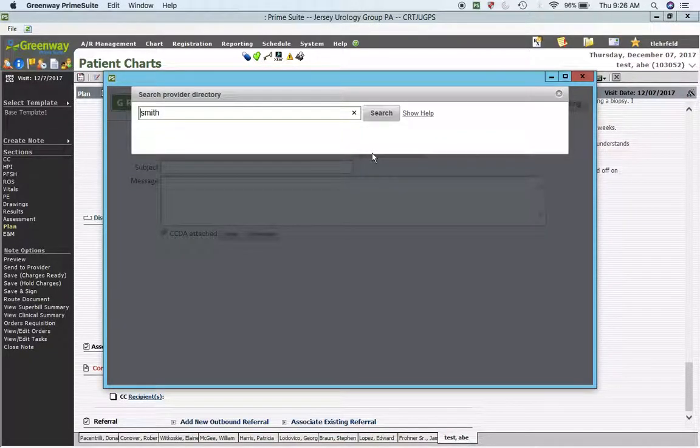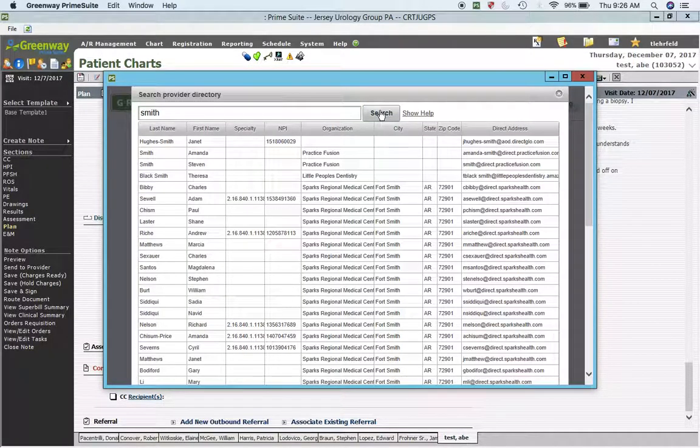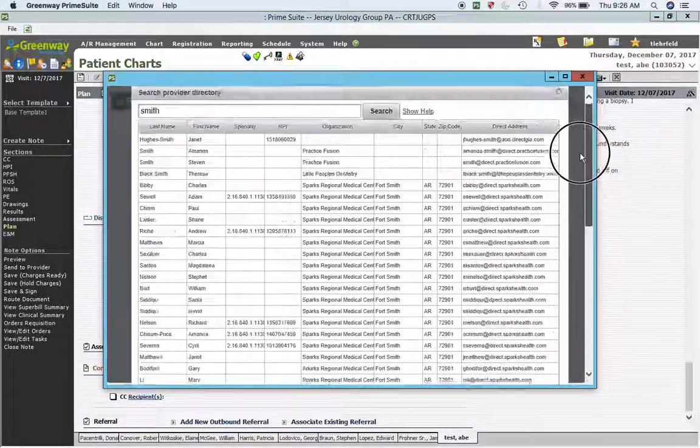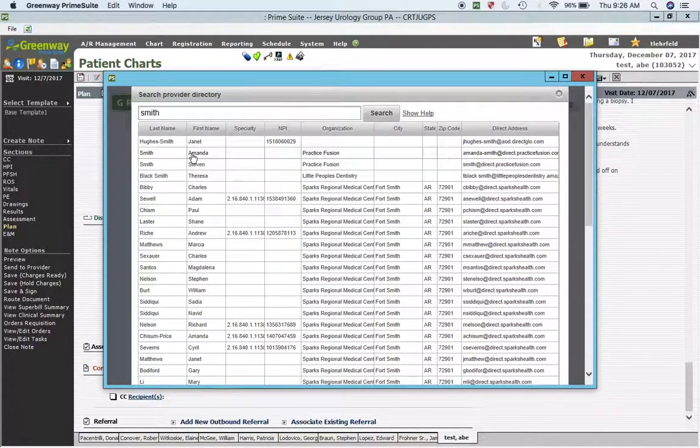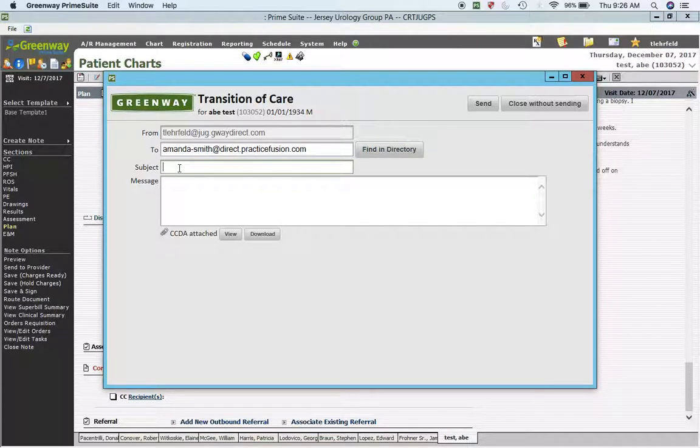And I think you're going to want to click on find in directory. And all the CAPE docs are here. In addition, there will be hundreds, if not thousands, of other doctors who are in the system as well. So for purposes of testing, I'm just going to choose, I don't know who this is, but we can say sample CCD,